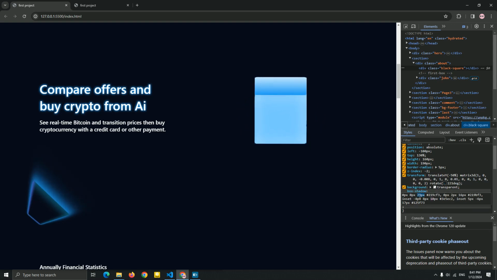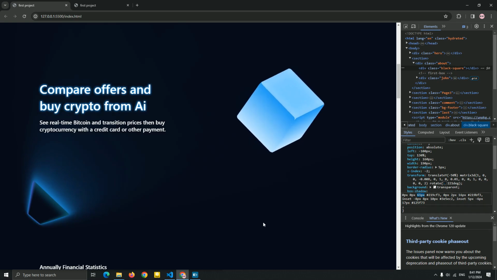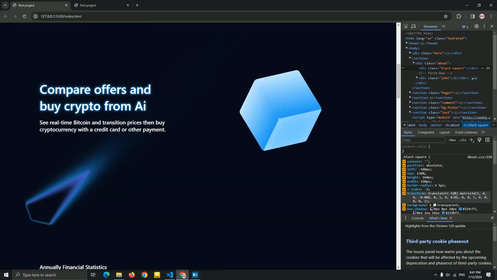If you want, you can add the light to just create it very beautiful. So I'm not gonna add the rotate. It's up to you if you want to add it, but this is it. This is everything you need to create it, guys.